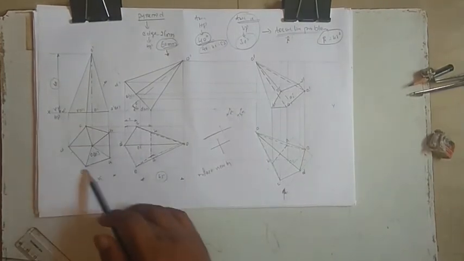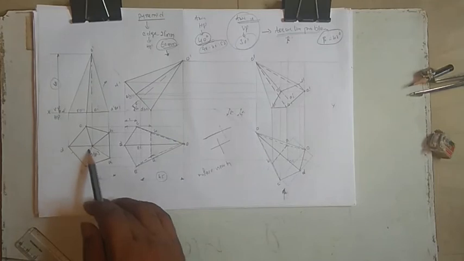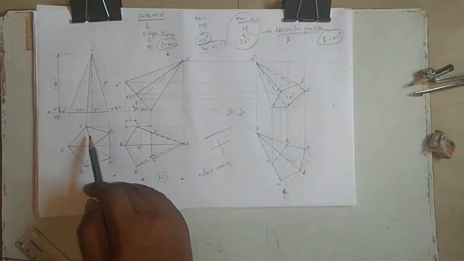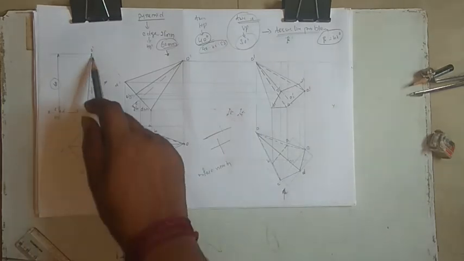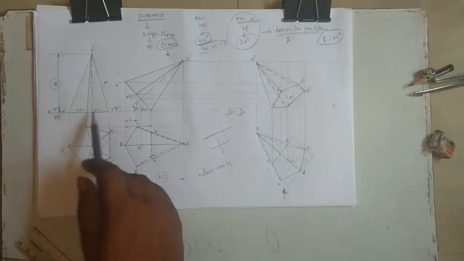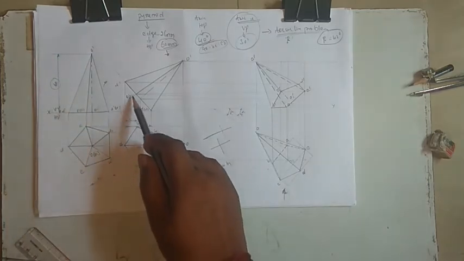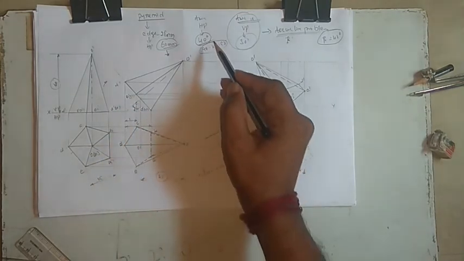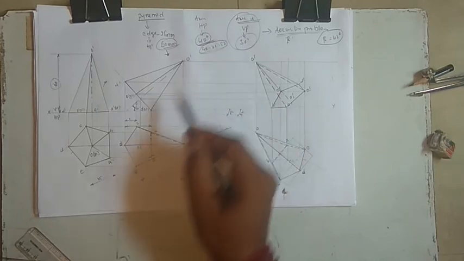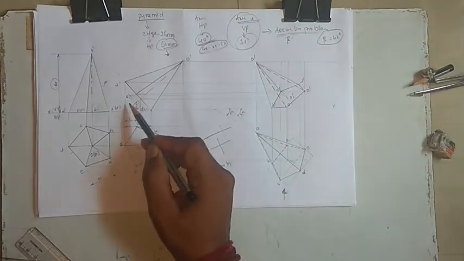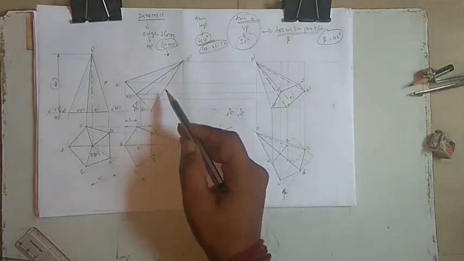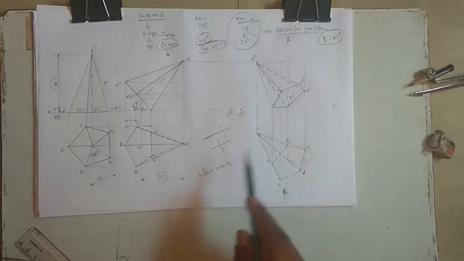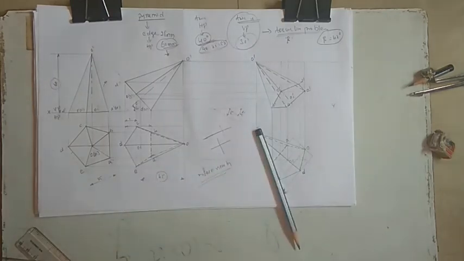Once we draw any base, from each corner to the center, it should be a dark line, that is the slant edges. Then in the front view, you have to take the center line, then extend the axis line, then join the corners. That's a very important one. Next thing is, whenever you are taking the inclination, you have to take the left side, that is a base inclination, that is 90 minus given angle. If they have given 40, you have to take a 50 degree, that is 90 minus 40 is 50 degree, 50 degree from the left side. Then you have to project the pyramid. This is how exactly we can complete the things.